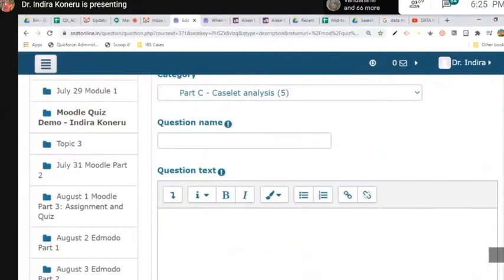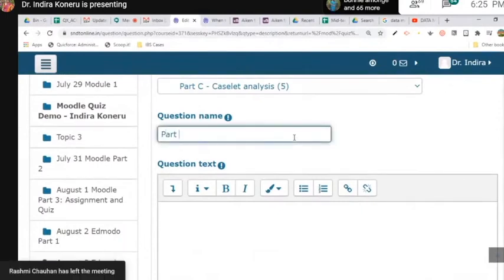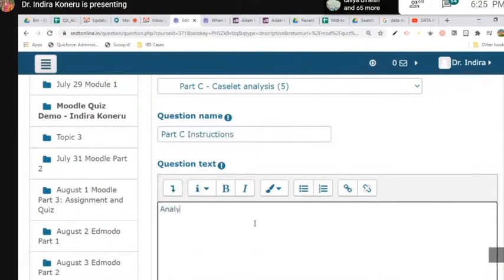I'm creating this under part C analysis question name. This is part C instructions. Analyze the case, or something, and 5 marks.